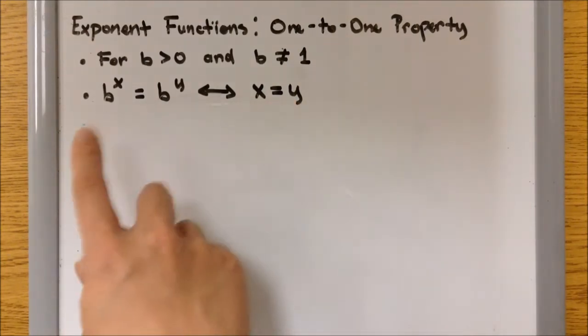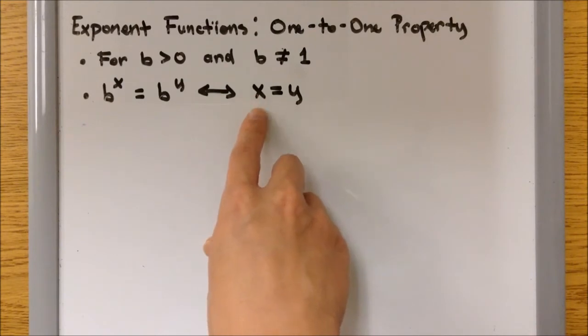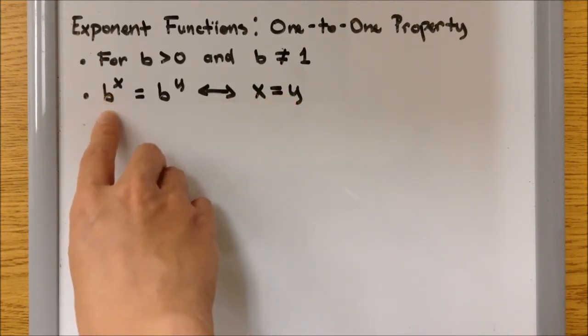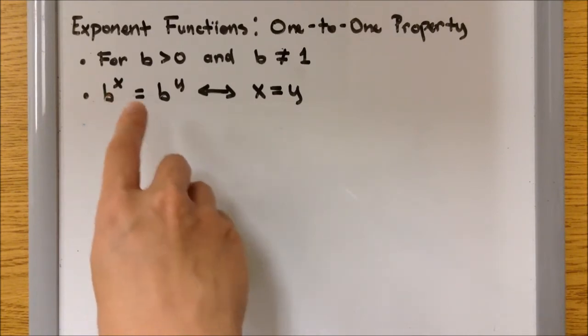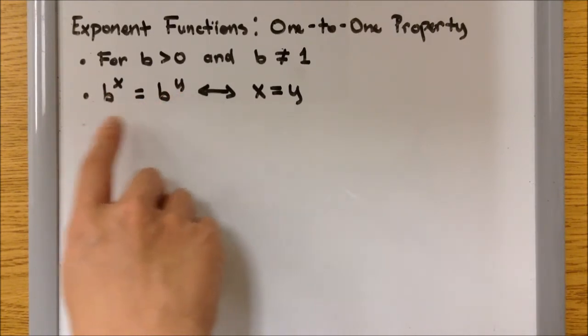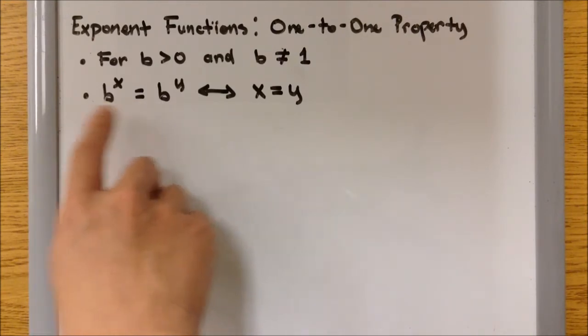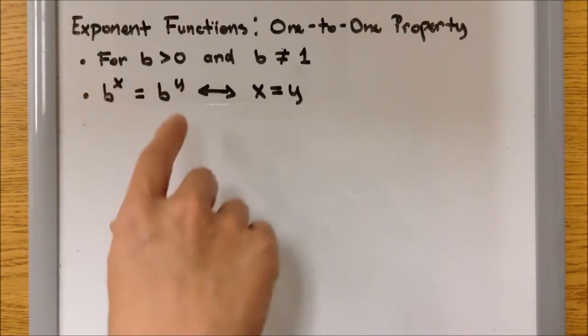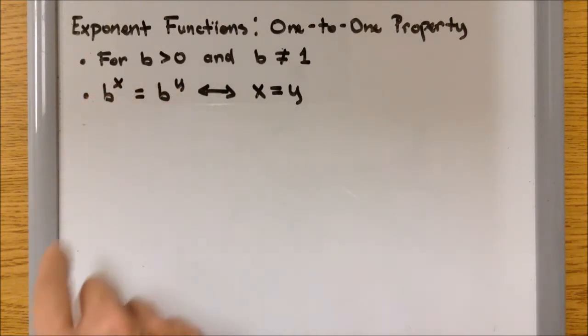Now, the reverse order would be the same. If x equals y, then b to the power of x equals b to the power of y. Regardless of what b is, if b is the same on both sides, then the exponents have to be the same or equal to each other on both sides. So, for example,